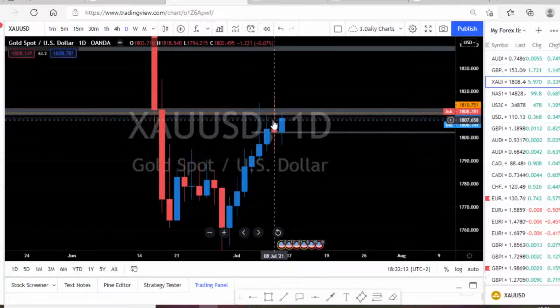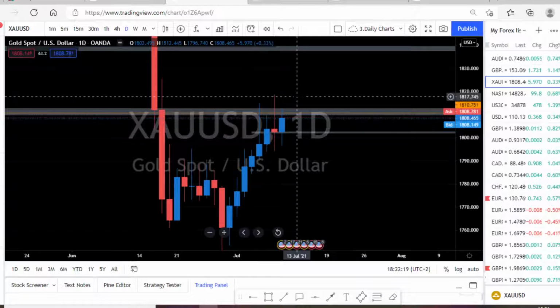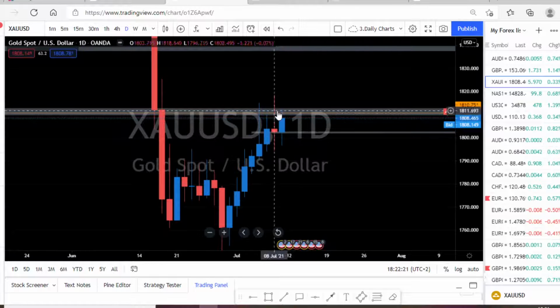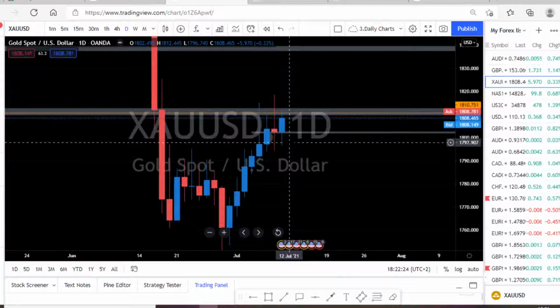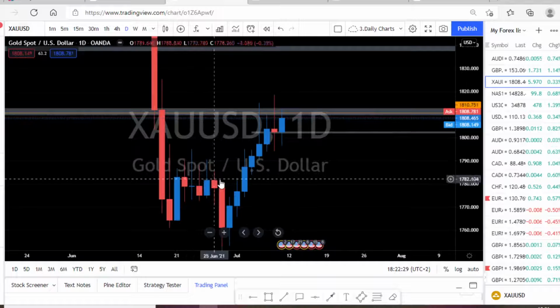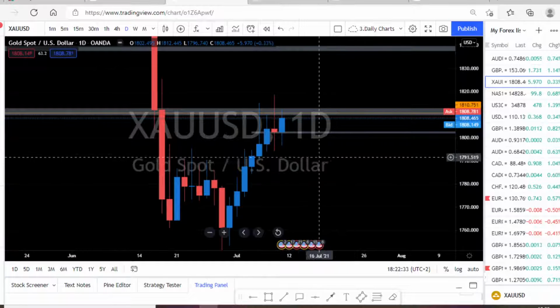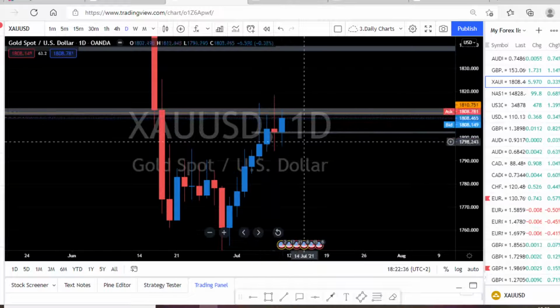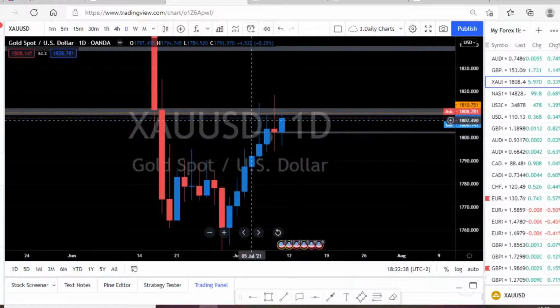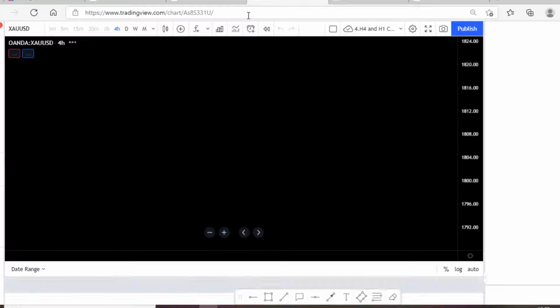Then, based off daily, we are having only this area. We expect price to break above this area, or maybe to have a bearish candle that can break below. That way, we might say that the price might pull back to this level. At that point, we'll see what the price gives us tomorrow. But let's take this information right here to H4 and see what the price has for us. Going to H4,